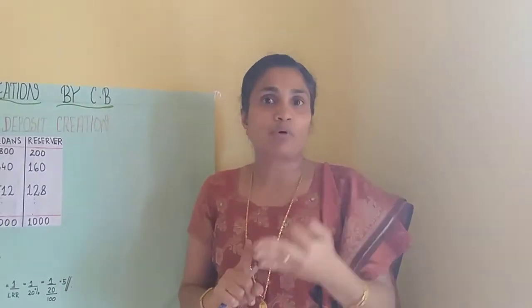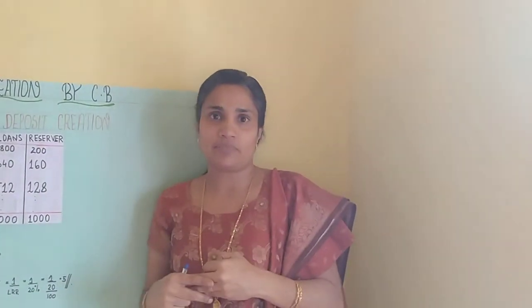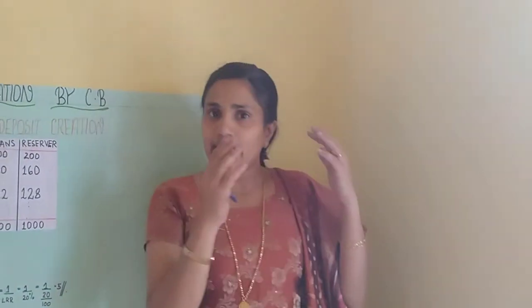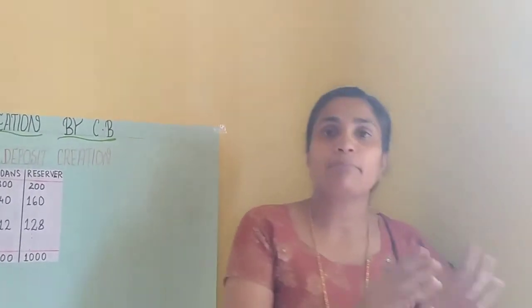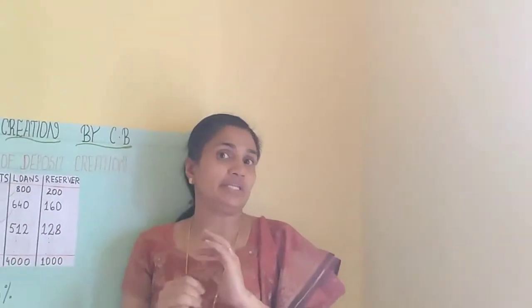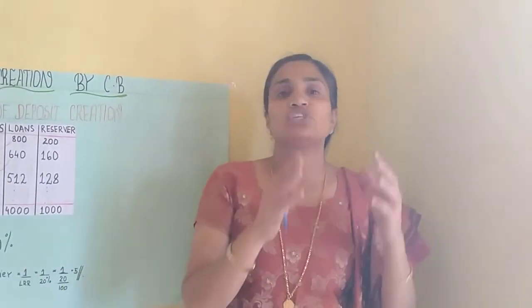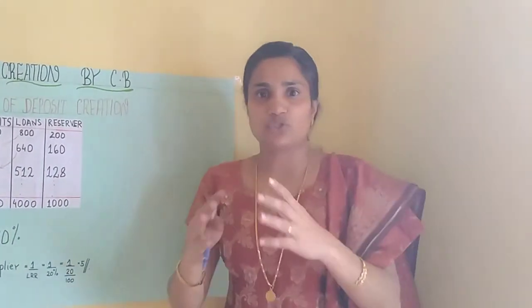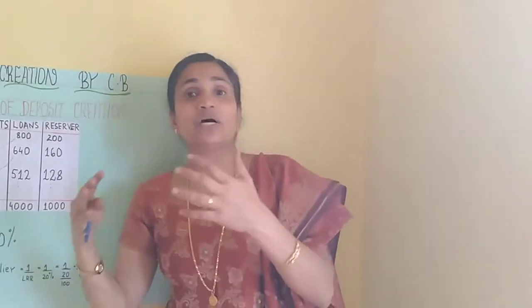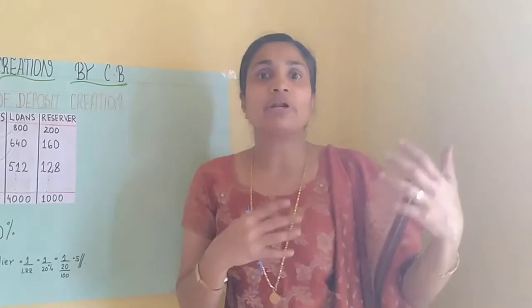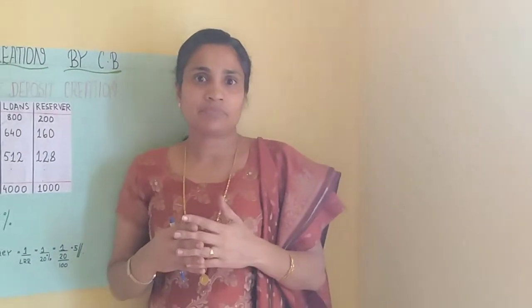So three processes are there. They are accepting deposits. If a person has any surplus, I can approach the bank, open a bank account and deposit. But there is an agreement between the depositor and the commercial bank, that the depositor can withdraw their money at any time. Just imagine that person A is depositing 1000 rupees, person B is depositing 1000 rupees, and person C is depositing 10,000 rupees. So different individuals are depositing different amounts in the commercial banks.